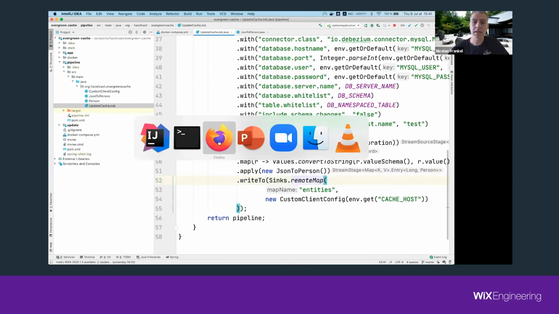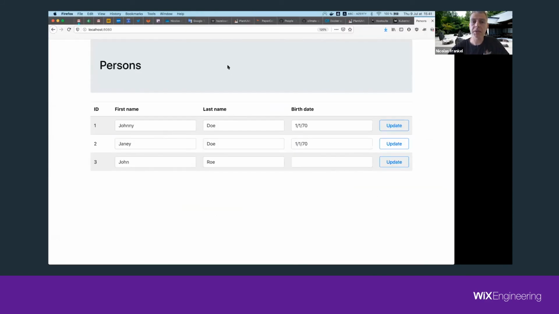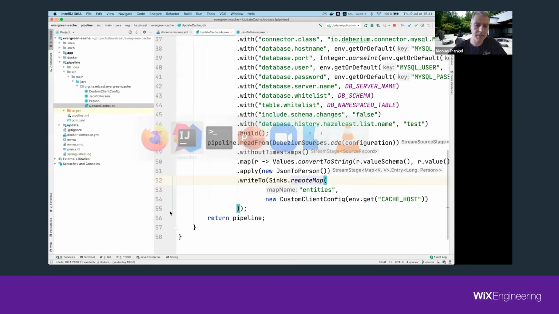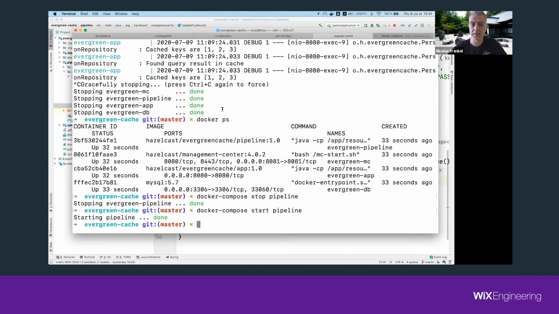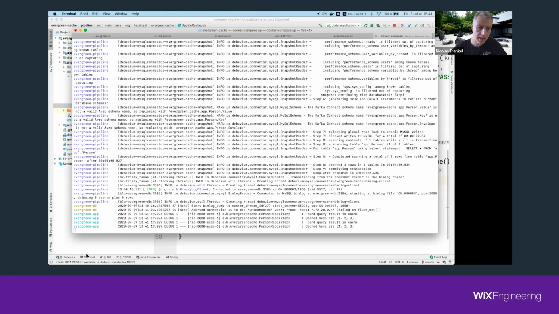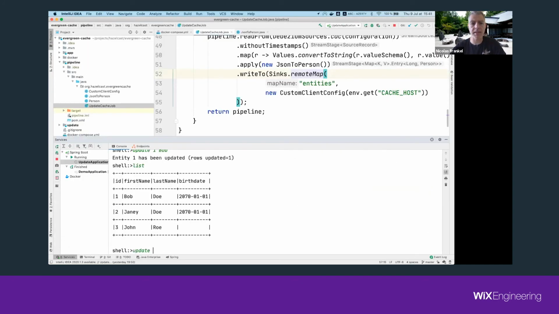So now, because the pipeline reads the latest changes, so Bob, I can refresh my application. And here I have Bob, and I did nothing. And now we can try it again. And let's say that I want to, I must be here. I must be in the service. And I will update the second row with Daria,